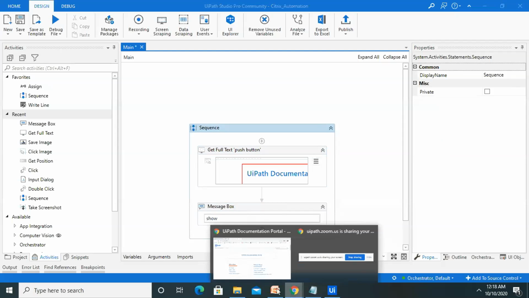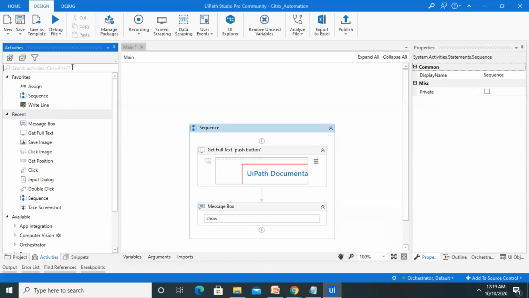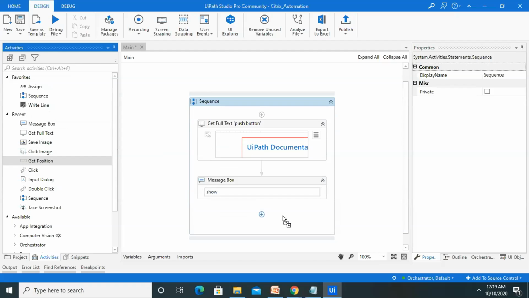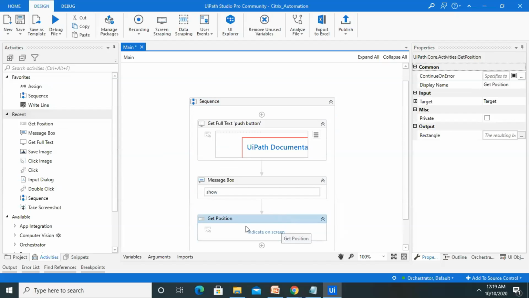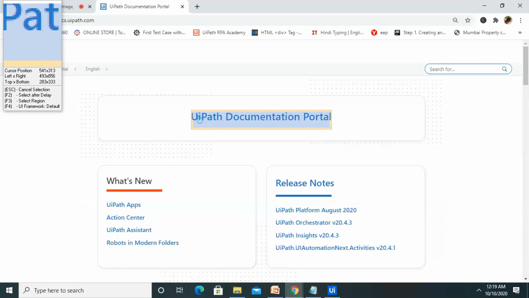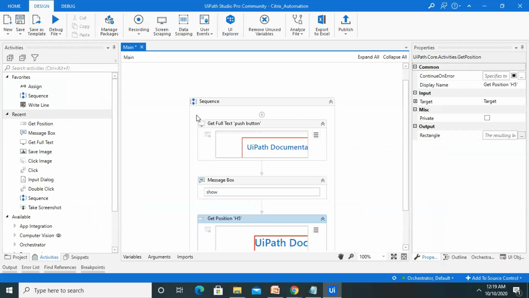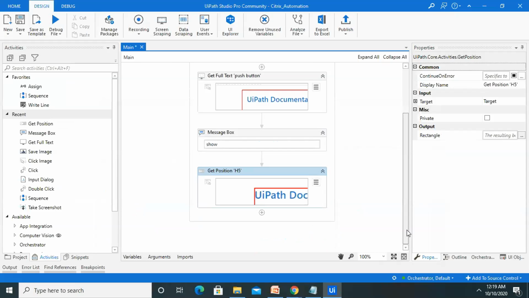Let's take another part, the position. So if we want to specify any specific position of an image or text, we can also do that. For specifying the position of any element, we just have to drag and drop the get position activity, where again the indicate activity is available. Let's take an example of the same text. So what's the position of this text? We can get it in a message box.